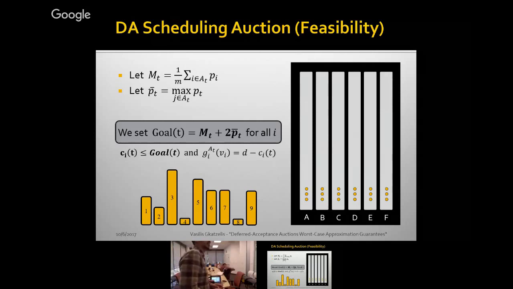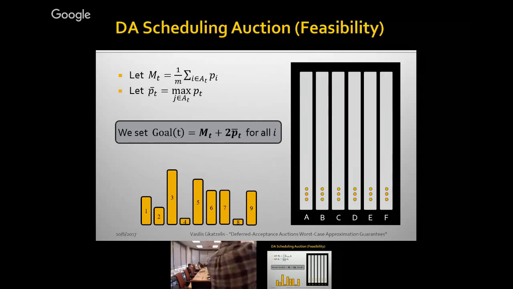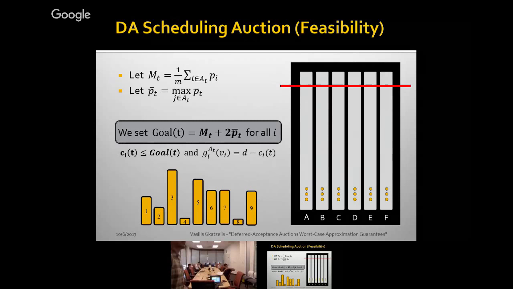Essentially, because you start packing things, you might not be able to actually get your goal, because maybe it's higher than what is feasible. It might not be feasible to schedule something up there, but you just make it as late as possible up to that point. Let me make it more precise. The way it would look, you start there, you schedule the first guy based on his processing time. Since this guy was scheduled, it reduces M_t, for sure, by his processing time divided by m, so that drops.